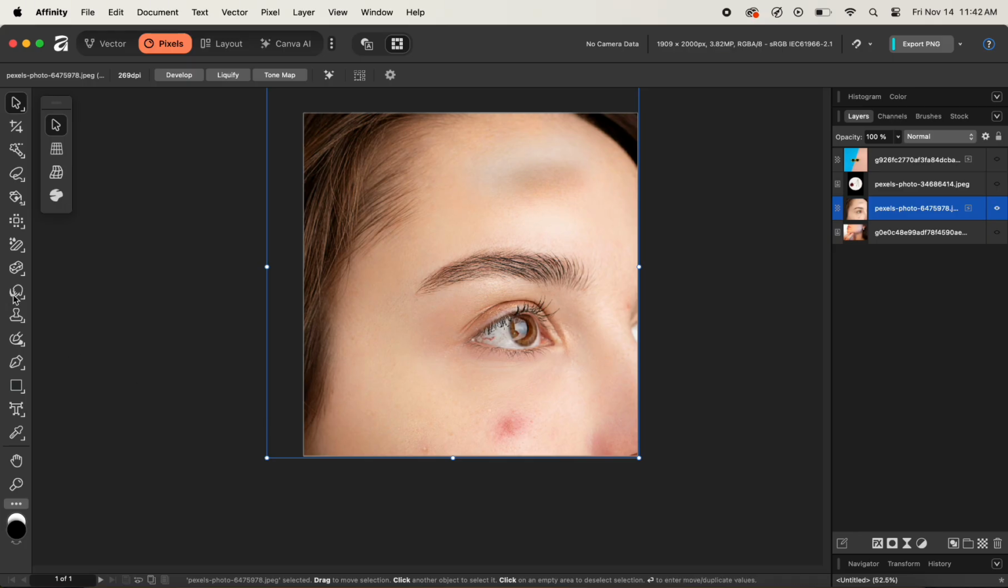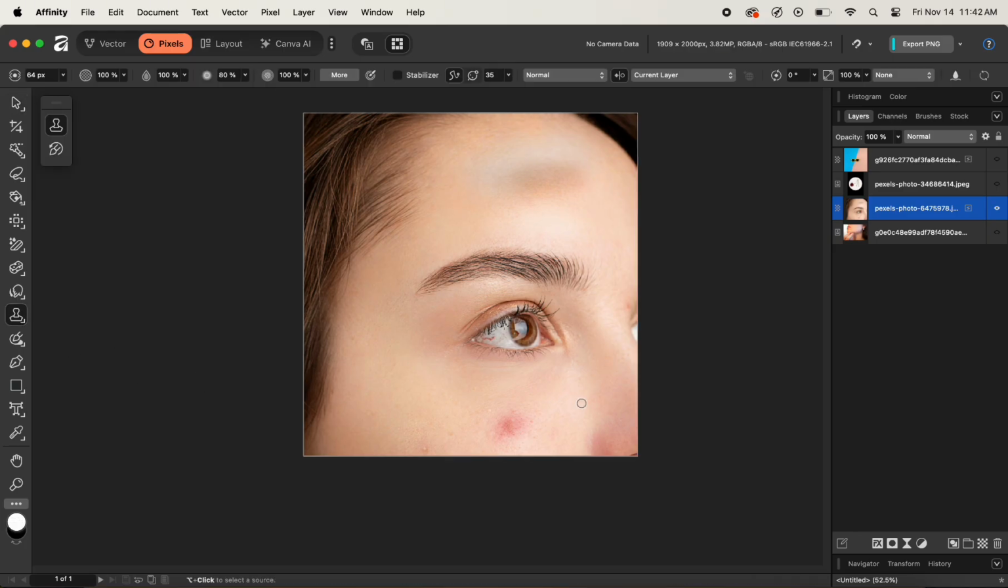So what we can do is, with the clone stamp tool, we can simply take a sample from around and paint over those areas where we want to get rid of them,